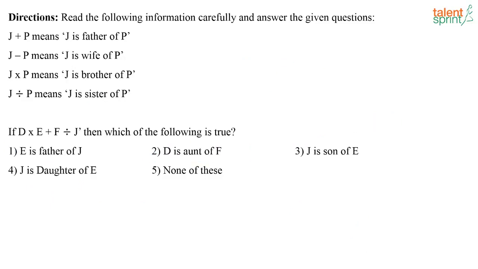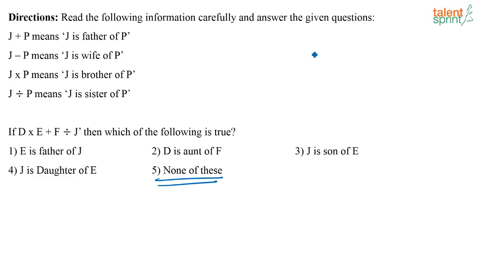Next one. D into E plus F divided by J. Then which of the following is true? So, let us just try this with the blood relations diagram. What do we get? D into E. I think that's more easy here. Okay. Again, none of these options is there. So, if you go with generation gap or gender technique, it's going to take time. Depending on the question, choose which method to follow. Sometimes these techniques become very useful. Sometimes it's always better to use your normal method that we use.